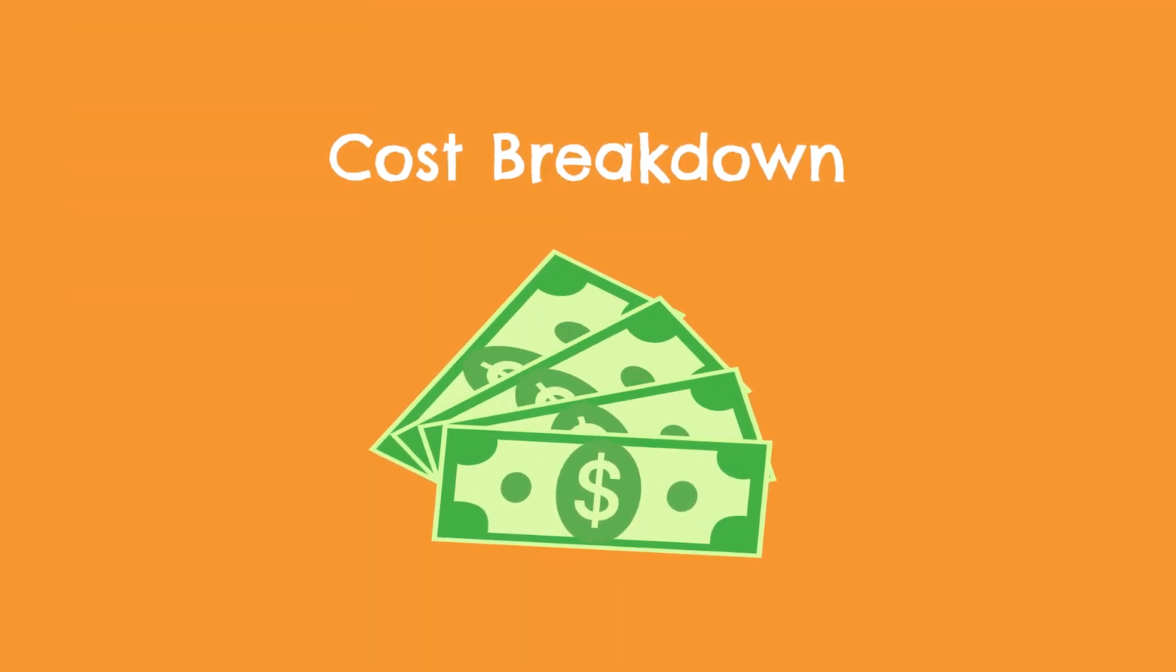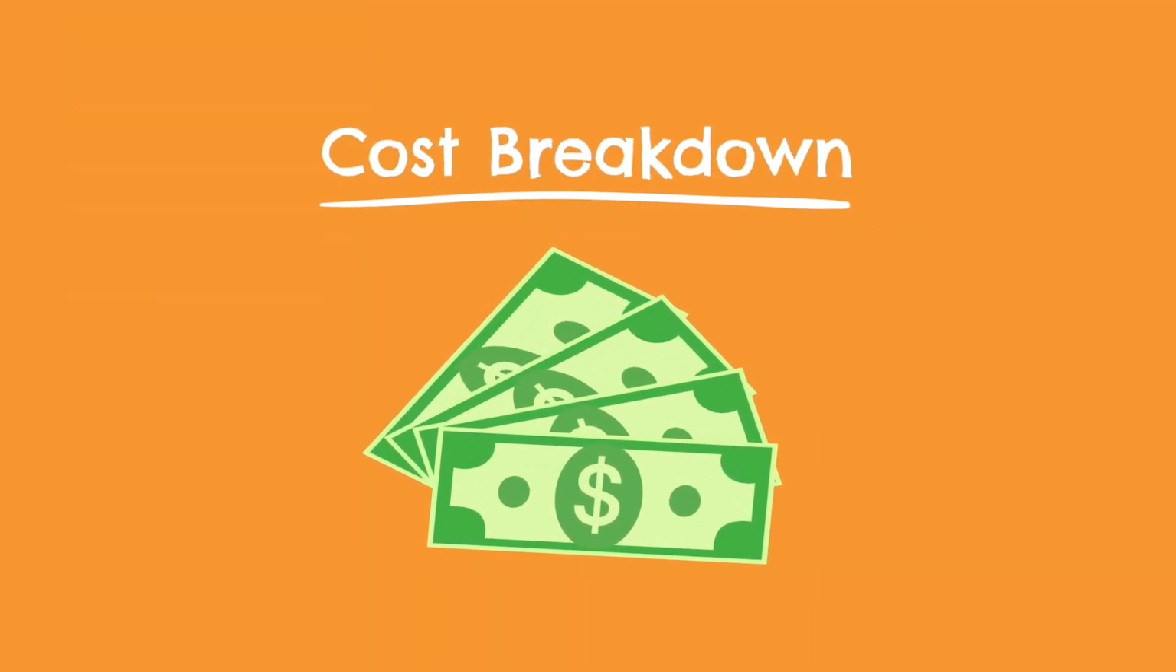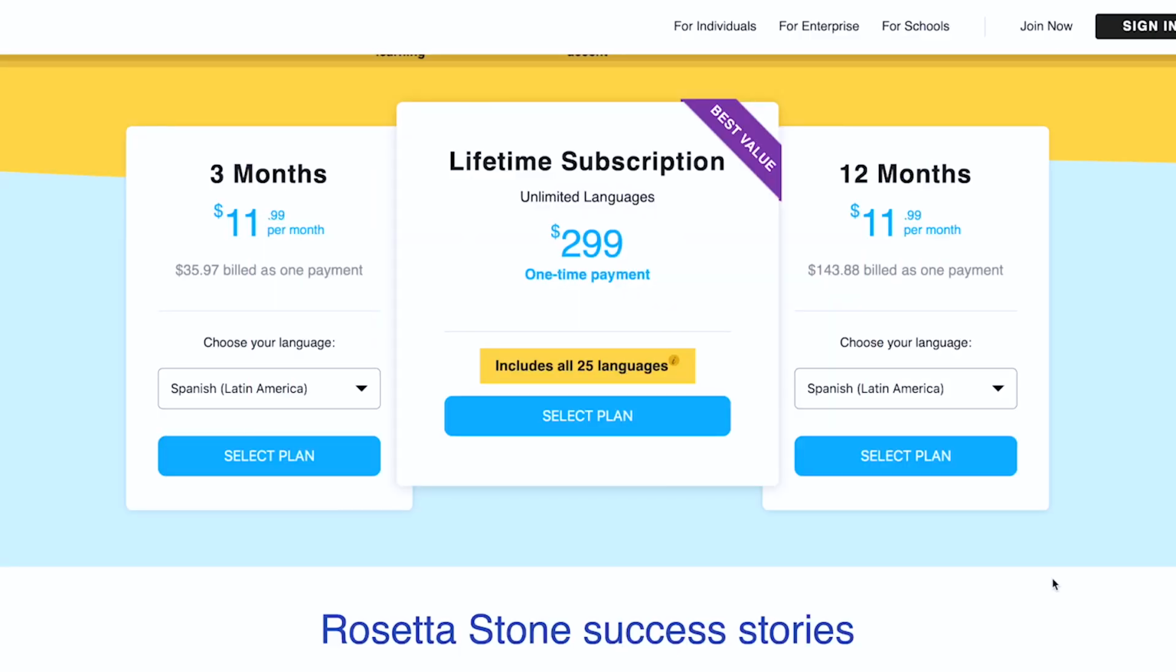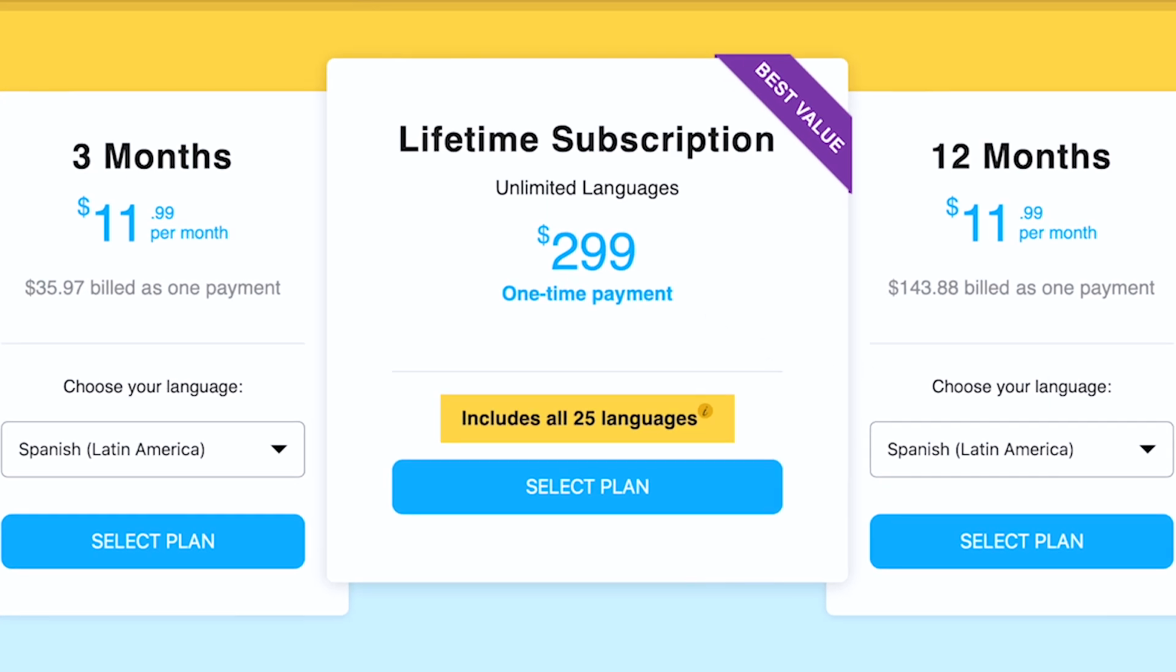Alright, so before we dive straight into talking about what I like and don't like about each program, let's quickly touch on cost. Rosetta Stone has 3 different plans to choose from. There's a 3-month subscription plan that costs $12 per month. There's a 12-month plan that's also $12 per month. And then there's a lifetime plan, which is a one-time purchase and gets you access for life to all of Rosetta's languages for $300. And if you're wondering why the 12-month plan costs the same as the 3-month plan, it's